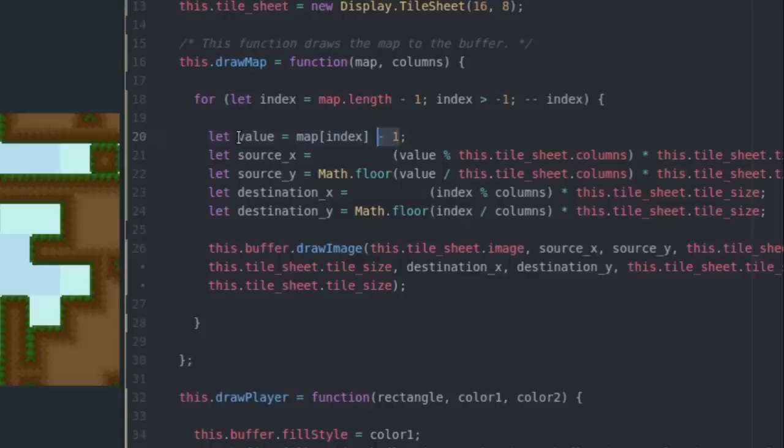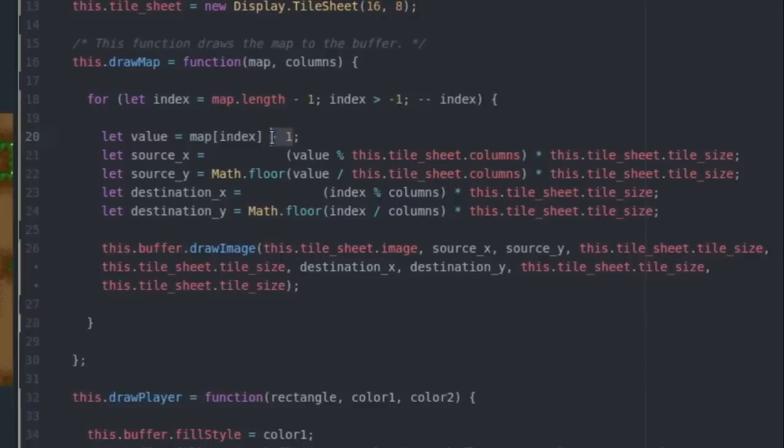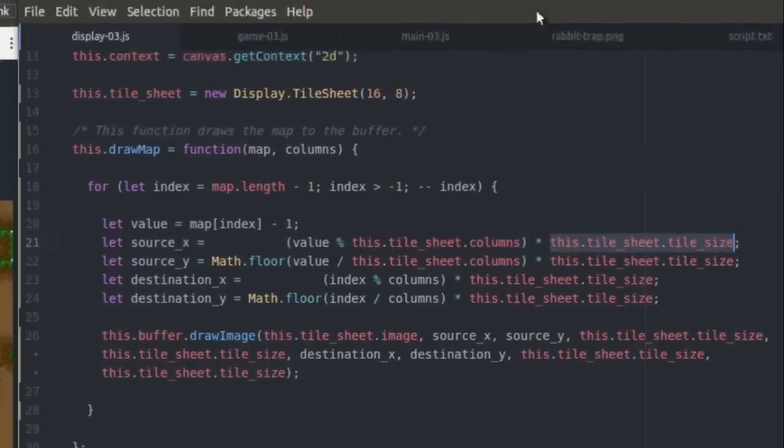So anyway, that aside, let's get into how I'm actually placing those images from the source onto the buffer, and then drawing it on the screen. So I get the value of the specific tile in the map that I'm looping over. I get the source X and Y position that I'm going to cut it out of the tile sheet at, and that's what this code right here does. It just takes the number of columns in the tile sheet, takes the value, that gets the column, and then you multiply by the tile size to get the actual position to cut out of inside of the tile sheet